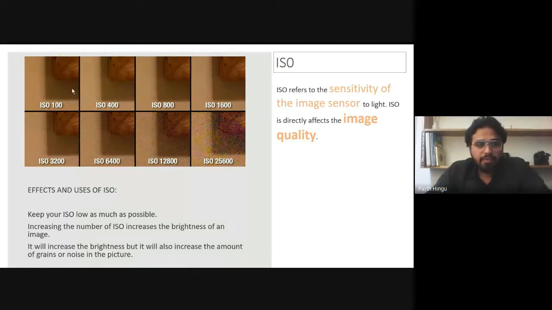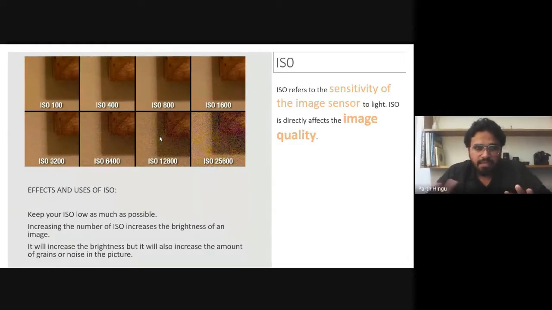It will increase the brightness, but the negative side is that when you increase your ISO, it will degrade your image. You can see the noise in the image. This image is very clear, and when you increase the ISO, it degrades. Prefer not to increase ISO.